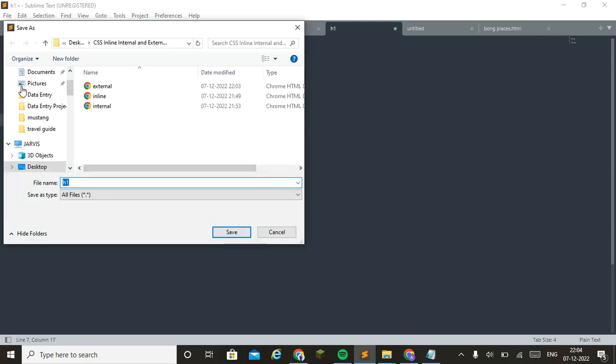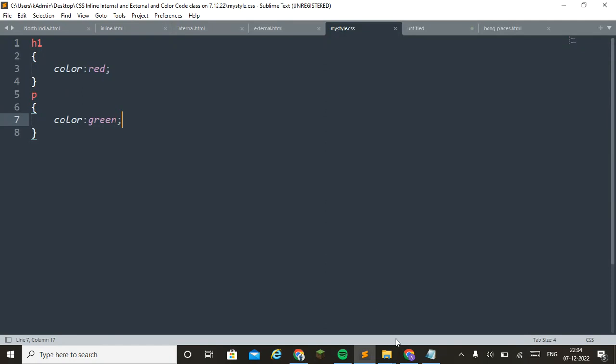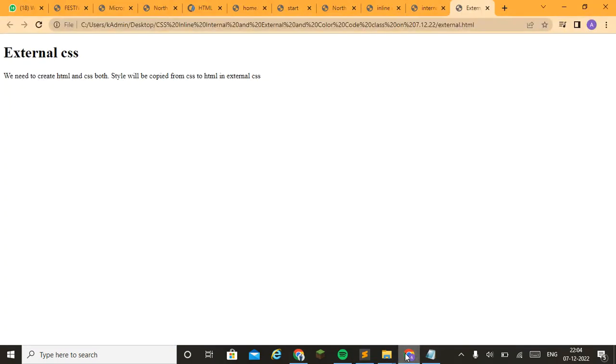The page will be mystyle.css. All files and okay. Now we are going to just press F5 for refresh. See, the effect will be copied from CSS page to the HTML page. This is our external CSS.